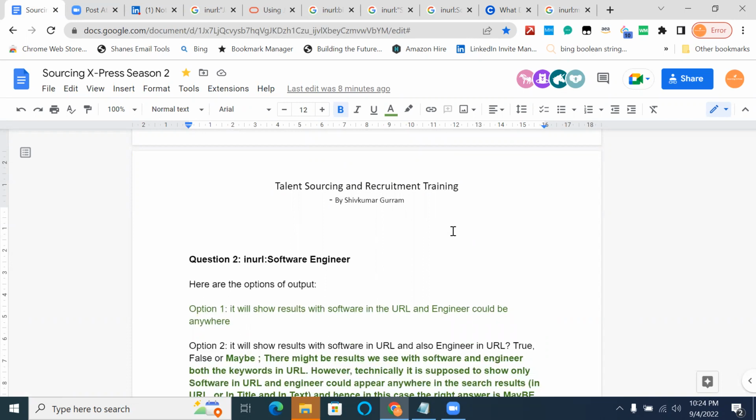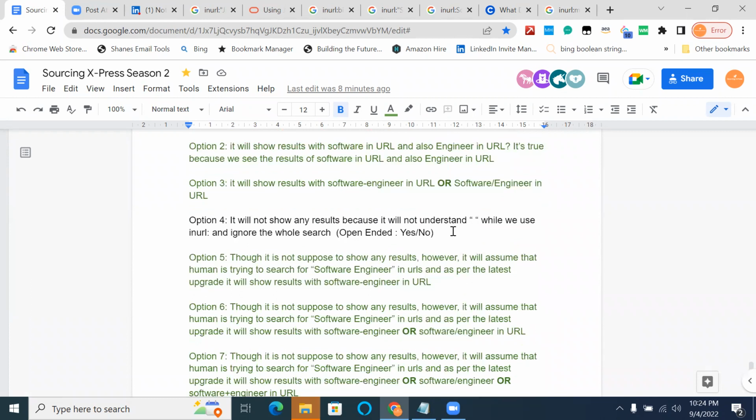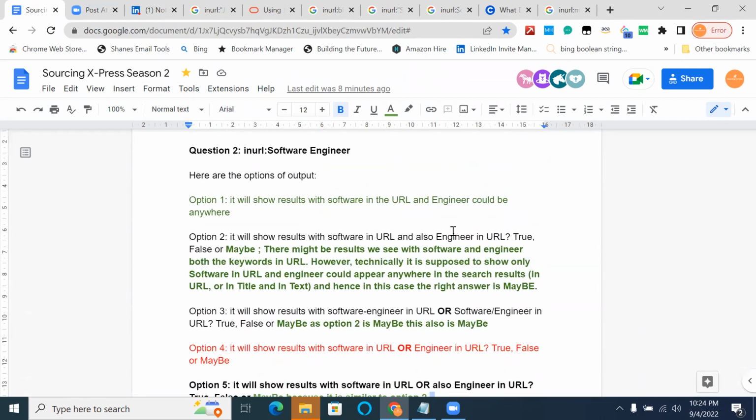Thank you so much, Shiv. I have this one query. If you see the second question, the second option will show results with software in URL and also engineer in URL. So if we remove also or and, will it be the same result or still a maybe? See, also and and are both plus. You keep also, it's still and. You keep and, it is still and.